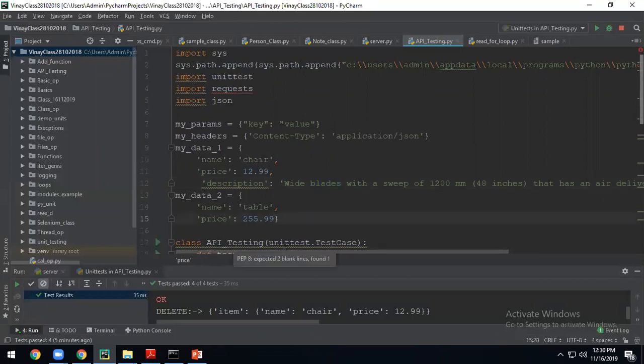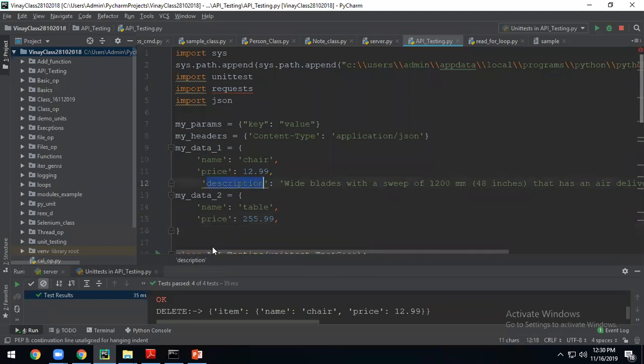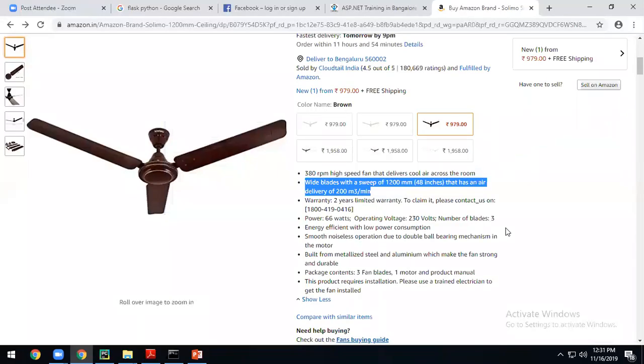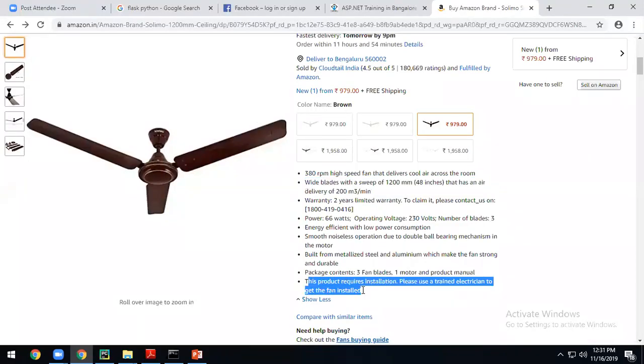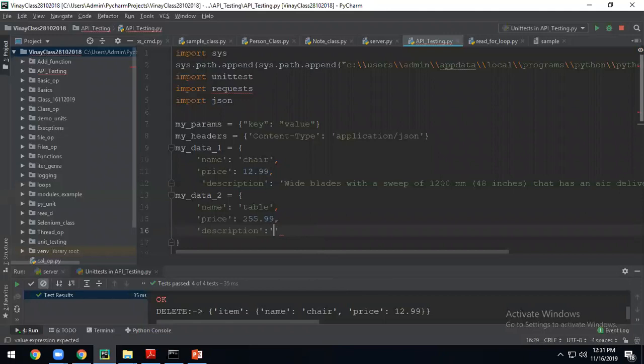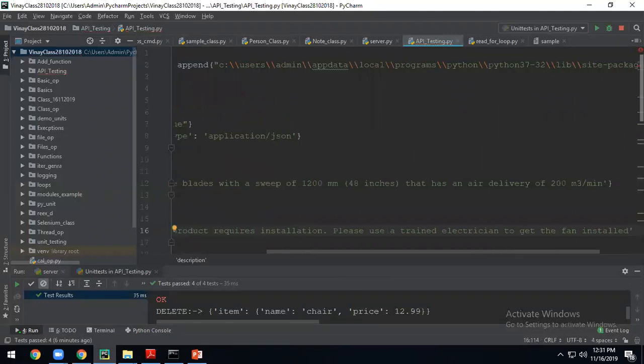Now for this also, let me add something. I'll say something else here. I'm trying to show what all you can do. We may have to do some changes in the server also. Let's see that later.